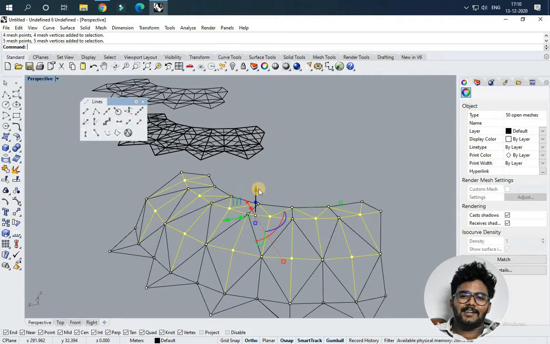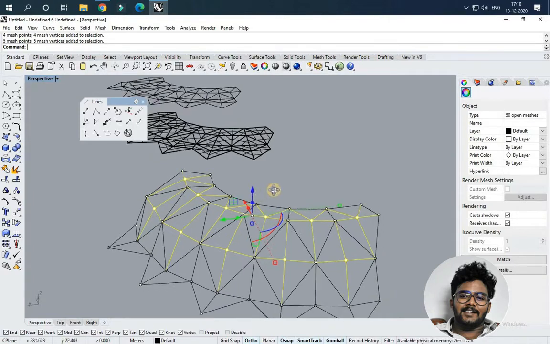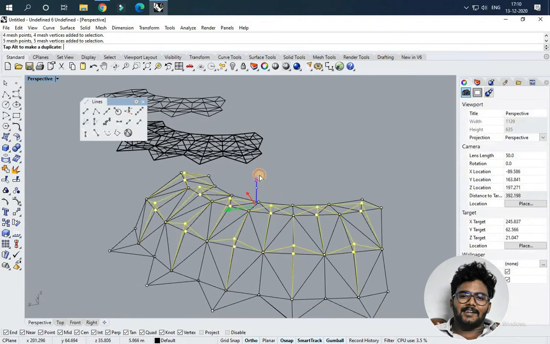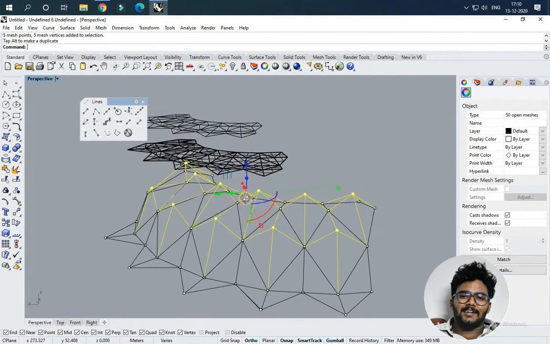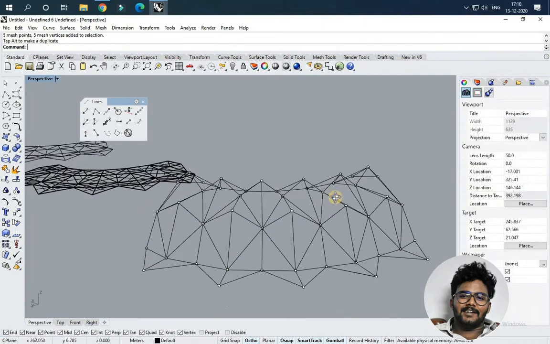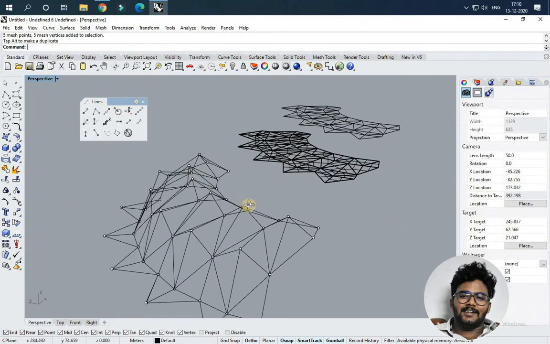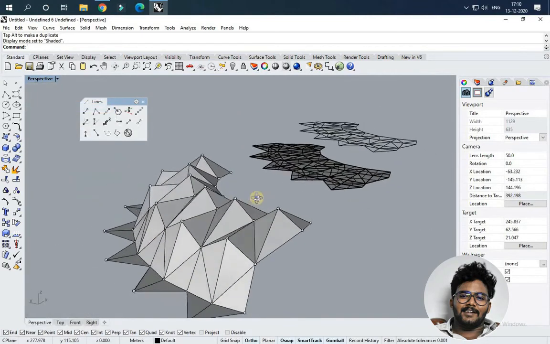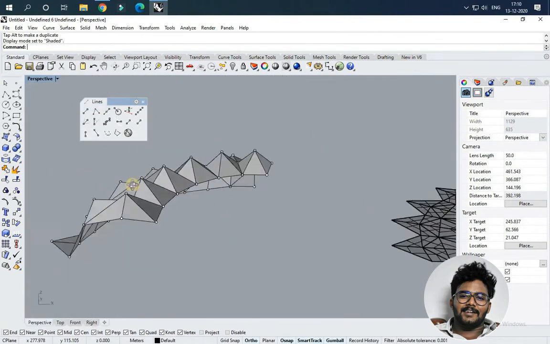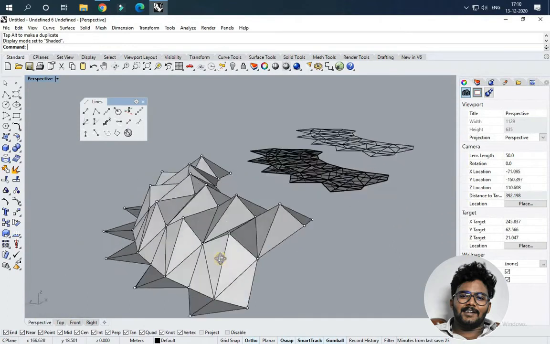So I'm just lifting it up. So it's the pattern, I'm just trying to get the pattern which was in the stadium. If you want to try something different, you can try something different also.